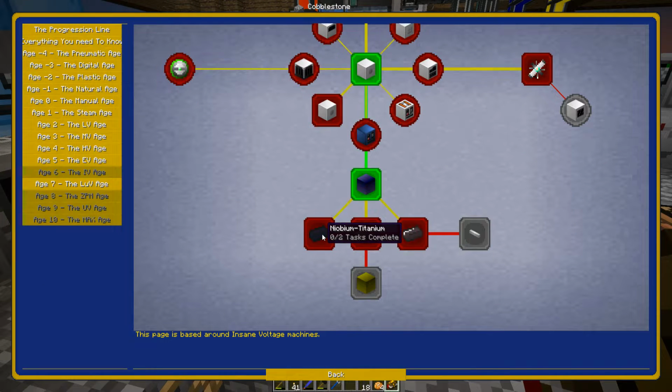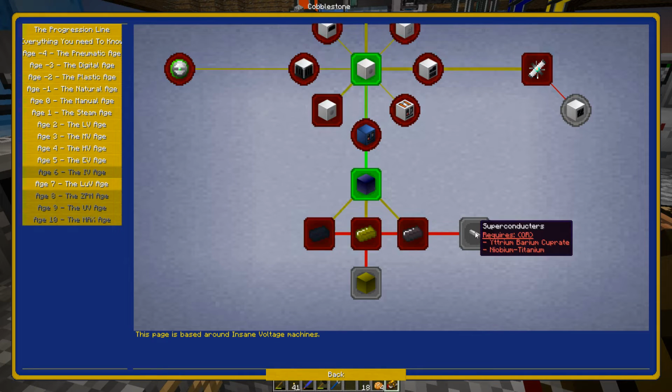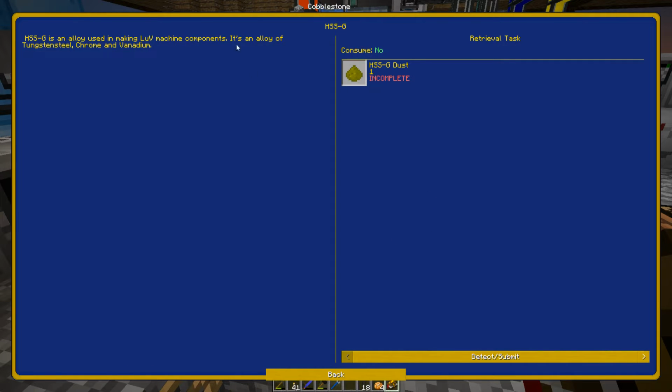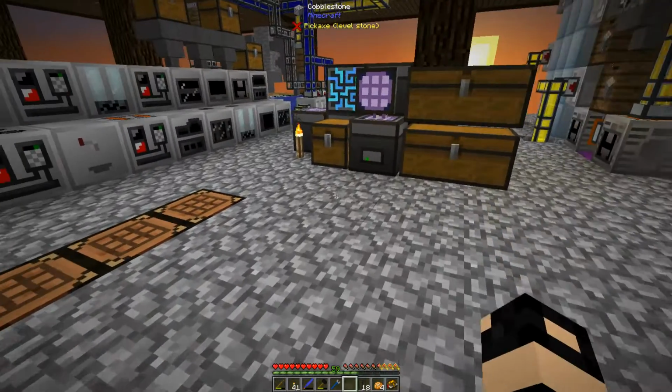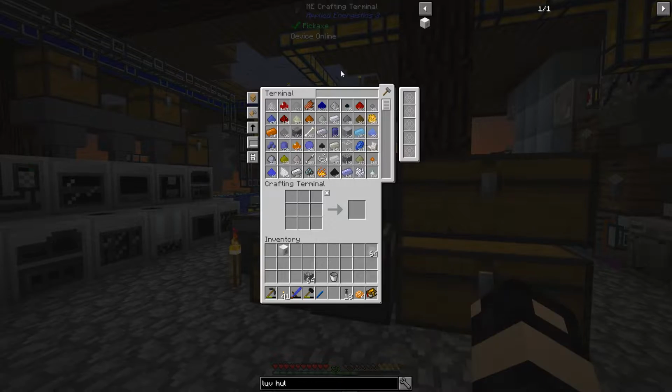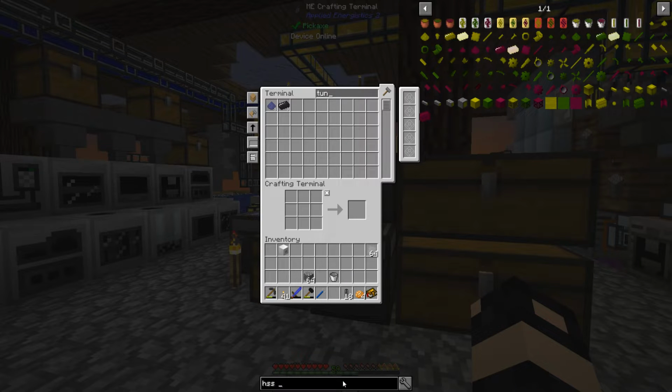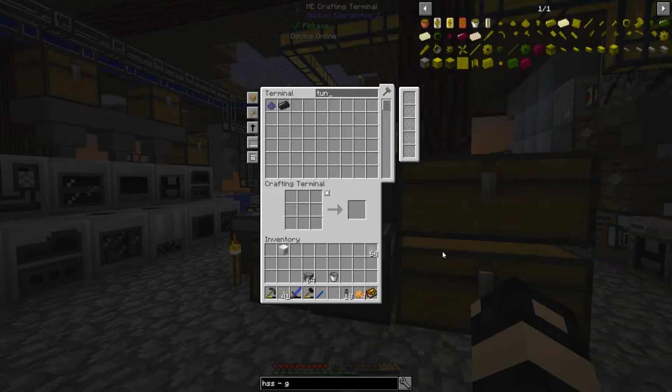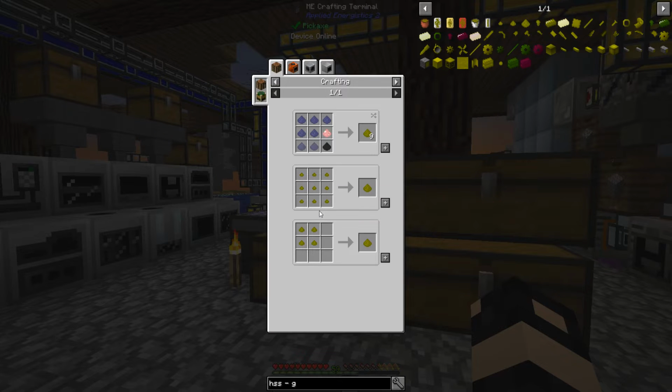Okay, the reason I wanted to do that one is so it opened up this. So it opened up niobium titanium and HSS-G. So this is the one I wanted to do. HSS-G dust, which is what I'm going to start making my tools from, I think. So tungsten steel. Oops. HSS-G. So to make this, I need 5 tungsten steel, a chrome,